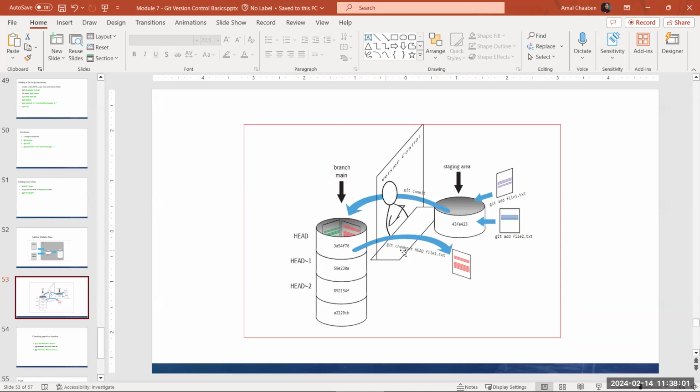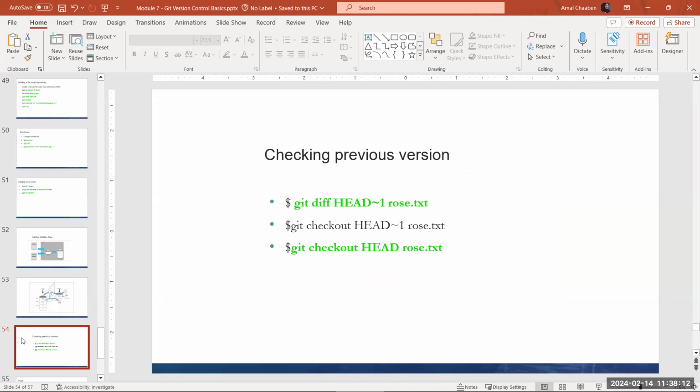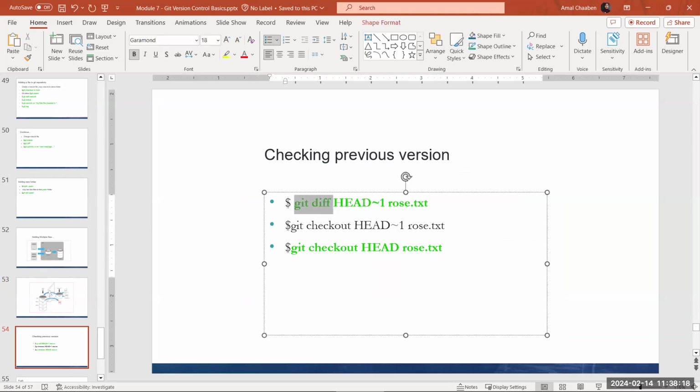branch here, or the head will be added here. And if you want to get the latest version, git checkout, for example, if you want to check the head, git checkout head file1.txt. That's what we are going to do right now. So if you want to check the previous version, we'll do git